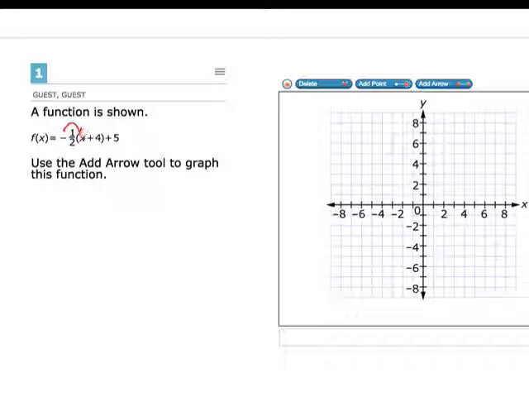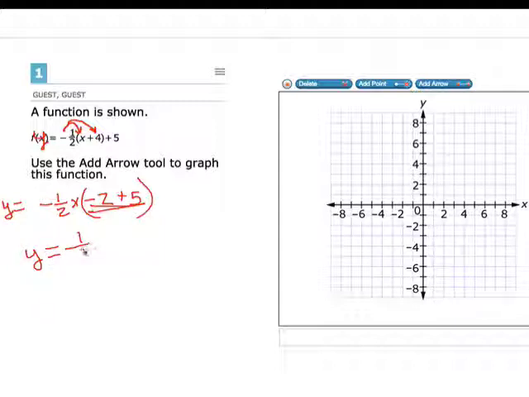What's 1/2 times x? Let's solve what we can do. We have negative 1/2 x, and this is y equals. So negative 1/2 x, negative 1/2 times 4 is negative 2 plus 5. Now let's combine what we can right there. We can combine those two, and we get y equals negative 1/2 x. Negative 2 plus 5 is plus 3. And now look, we're in y equals